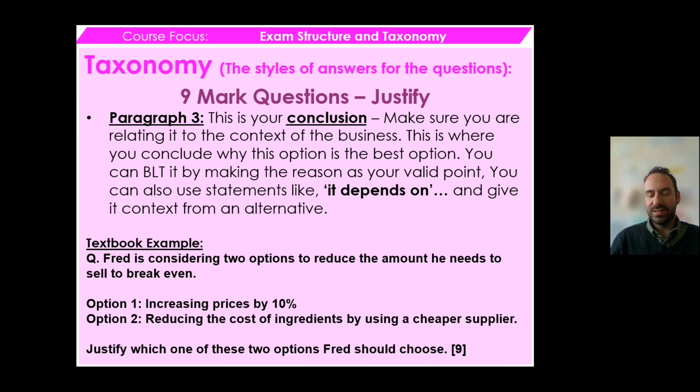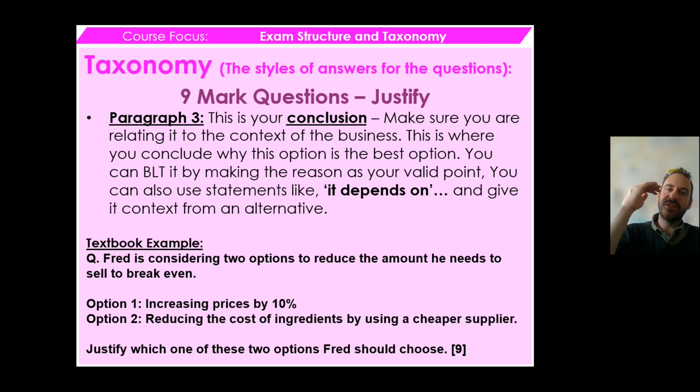So in this case, if we're using the sponsorship example, this is where you say sponsorship is better than a targeted marketing campaign. And then you start to go because of why, or it depends on, and you start to give it context, or you talk about the alternatives as to why this is the better option. Because you've argued for and against it already, you still need to be highlighting why it's the better option. So this is when you start to compare it to other things.